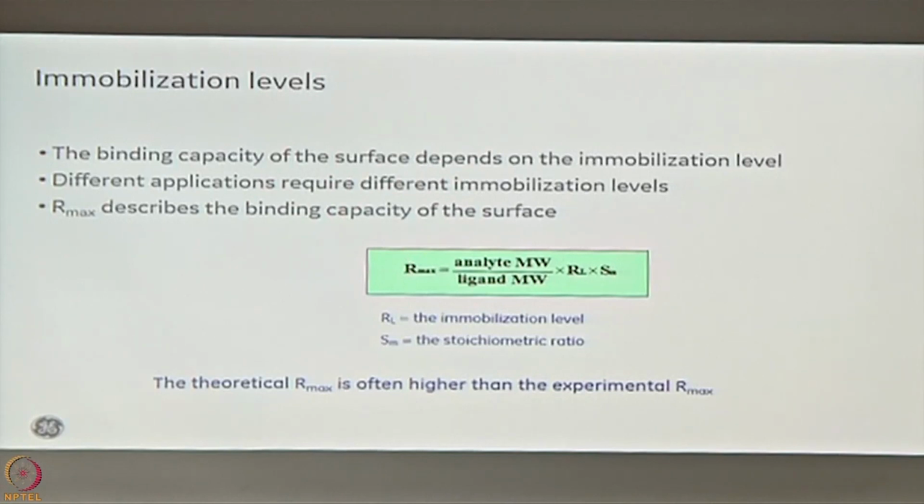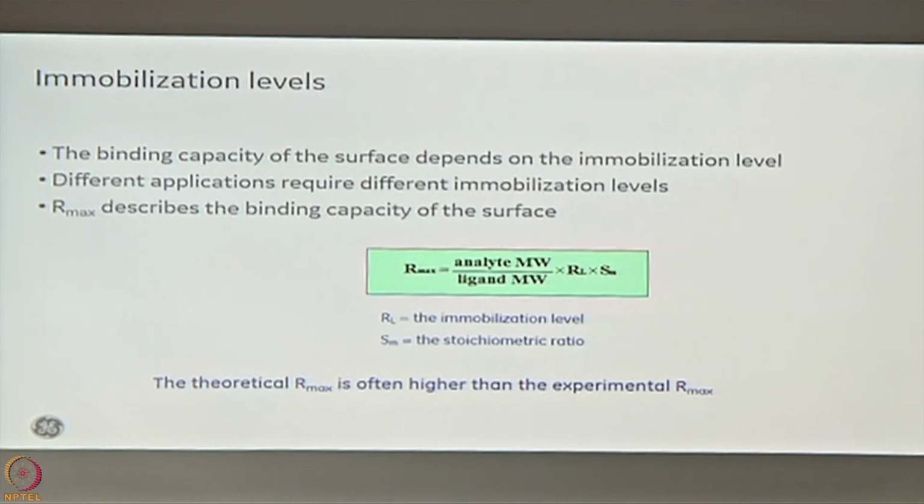R max is called the maximum binding capacity of your surface. Once you immobilize your surface, the capacity of the surface to bind maximally your analyte, that is your R max. RL is the ligand immobilized. So, when you immobilize your ligand, you get a particular RU. Say for example, you immobilize 500 RUs or 1000 RUs. So, that is your RL and the stoichiometry of your binding, whether it is 1:1 or if it is a bivalent